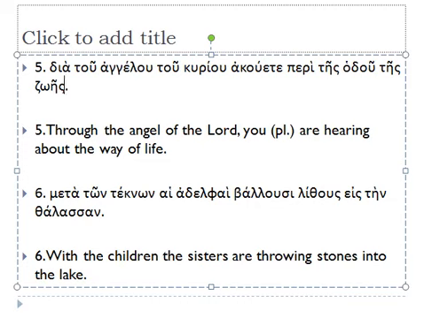Meta ton teknon, hai adelphai balusi lithus eis tein thalasan. Meta ton teknon is a prepositional phrase. Meta is yet another preposition whose meaning changes depending on the case of its object. Meta followed by a noun in the accusative means after. Meta followed by a noun in the genitive, as here, means with. So with the children,